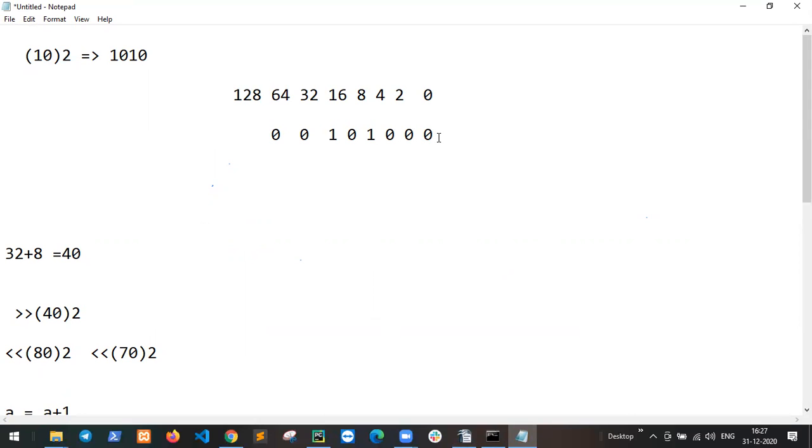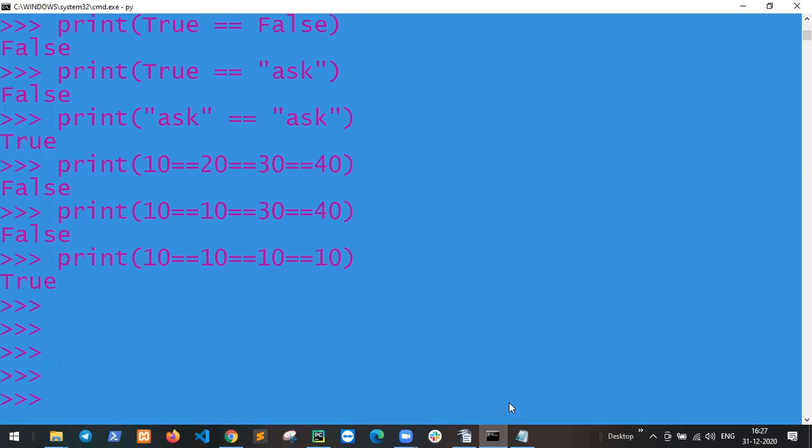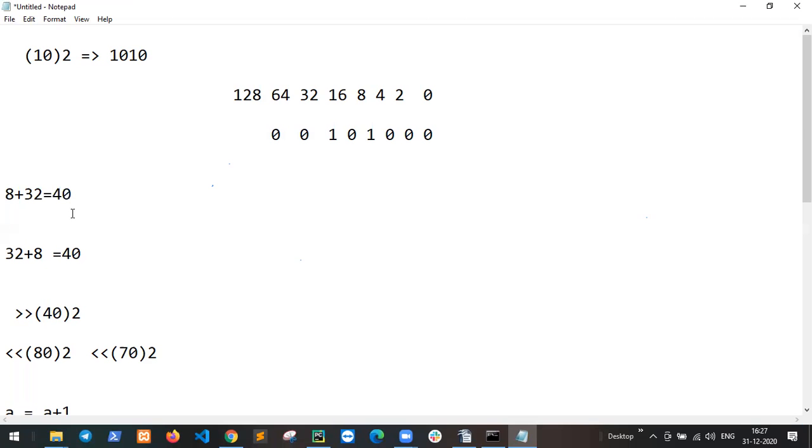So go on with the same thing: 1 is 0, 2 is 0, 4 is 0, 8 is 1, plus 1 is 8, 16 is 0 and 32 is 1. So 32 plus 8 equal to 40. So the result is 40. Same, 40. So the same condition applies in this task.